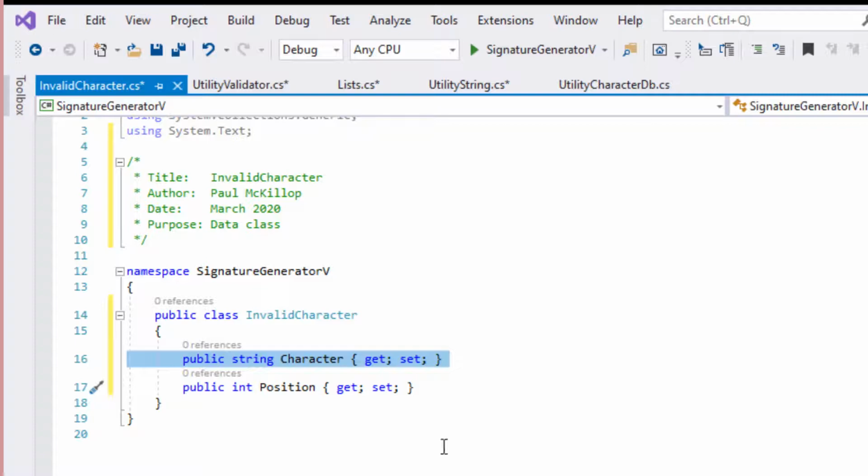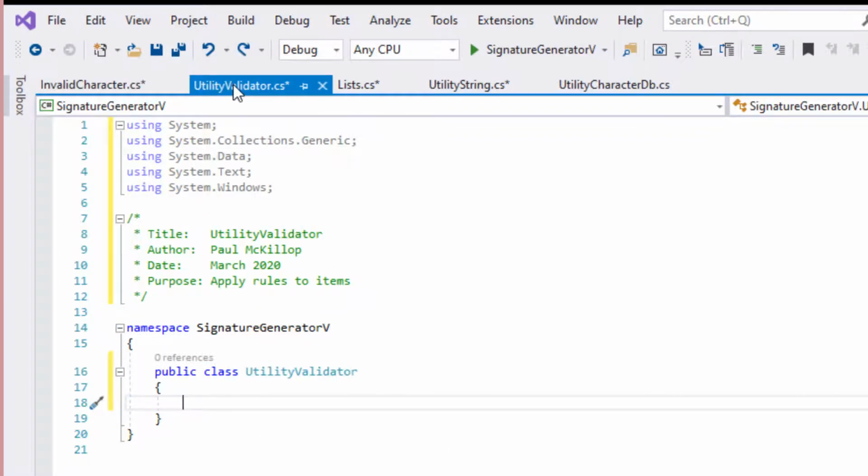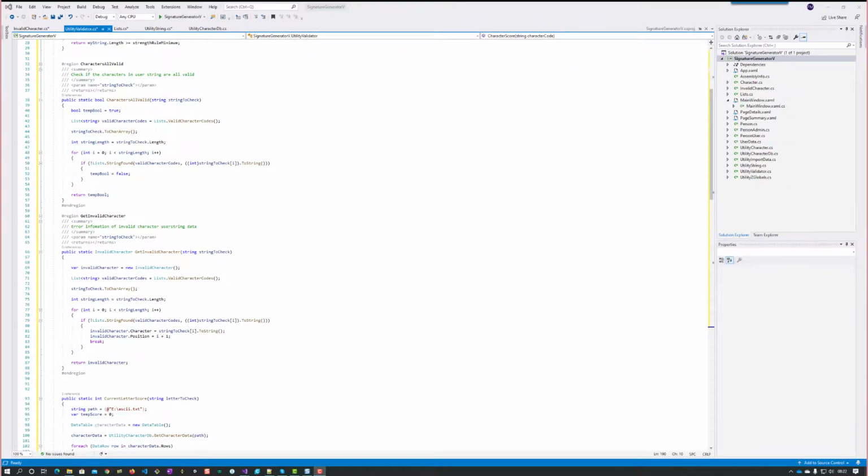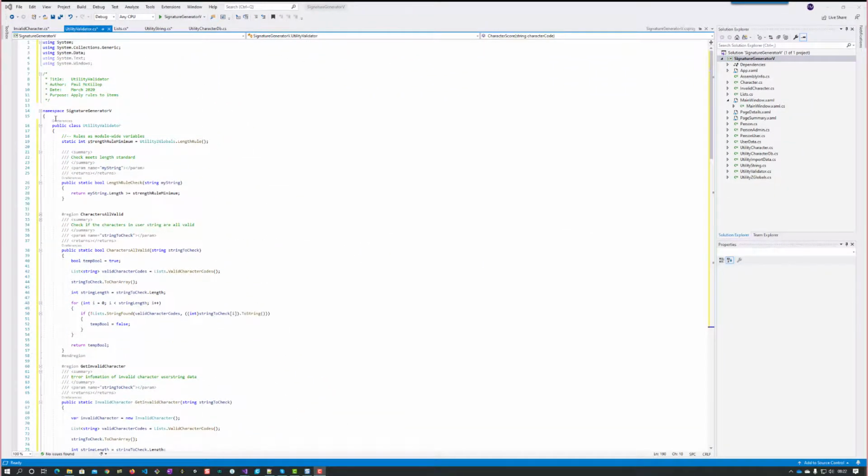So we can now start to use that class when we use our code inside Utility Validator. So I'm going to paste the code into Utility Validator, and then we'll look at it method by method. So I've pasted this code in, and there's a lot of it. Now this is the real meat and gravy of this application. This is where you put your business rules in. This is where you make sure that before you start to use anything, the thing you want to use is going to be ready for you, so that you don't have to suddenly start to change your train of thought